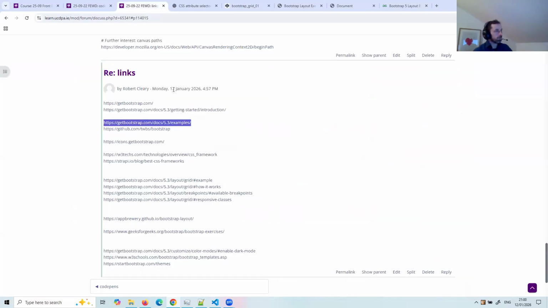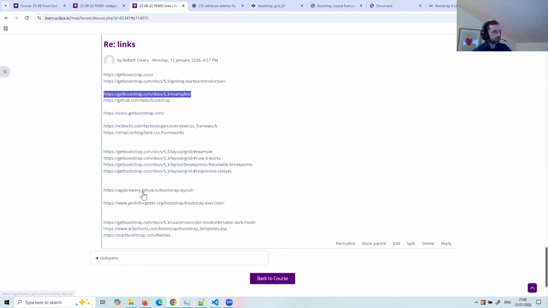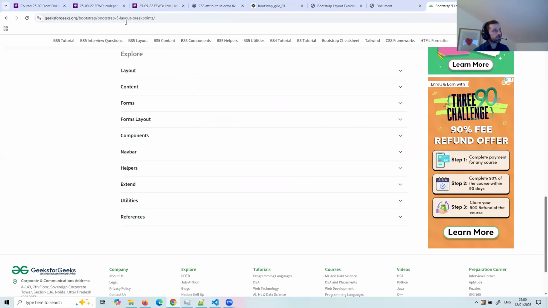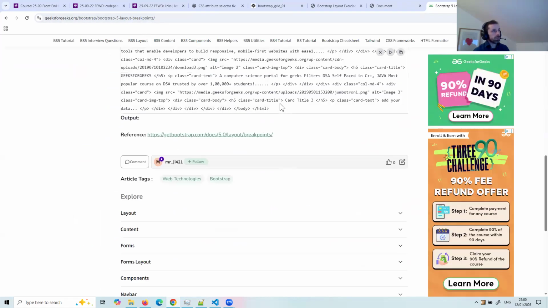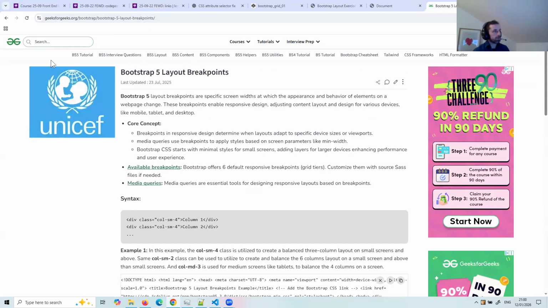And then we're into links, exercises. Right, so we looked at the App Brewery for playing around, but there's a whole pile of exercises. And this is just one link. If you do a search, I'm sure you'll find more. This is the Geeks for Geeks on Bootstrap. And if you go into, for example,